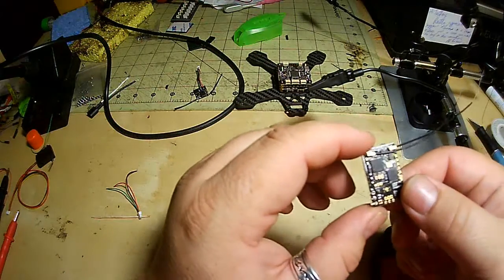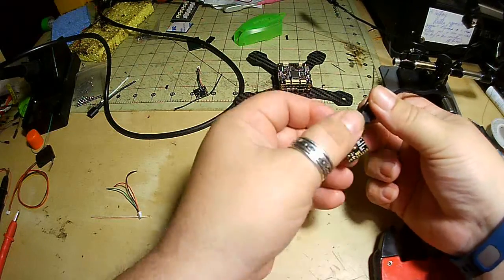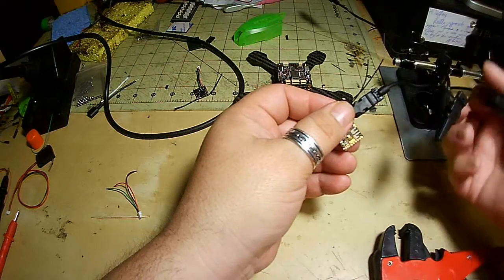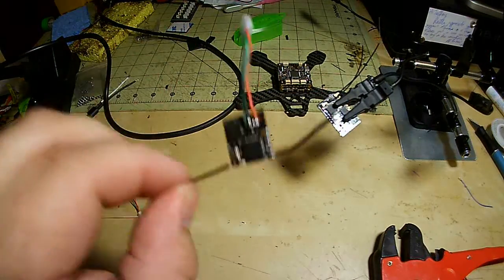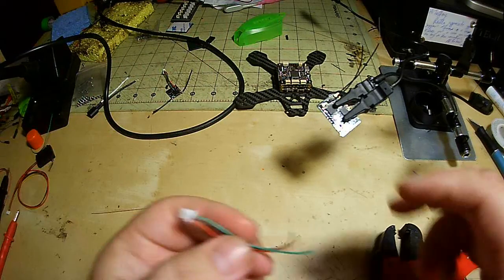We'll move on to the next one. Same basic deal. Actually, I grab a couple of these for this one because it's a little bit heftier. Hefty, hefty, hefty. Wimpy, wimpy, wimpy. Alright, so that was ridiculous. Alright, same thing. So,